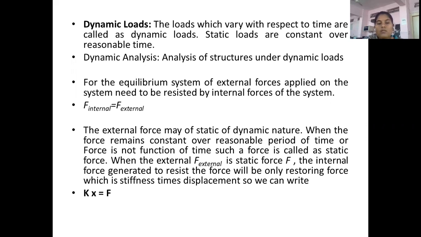When the force remains constant over a reasonable period of time, or the force is not a function of time,